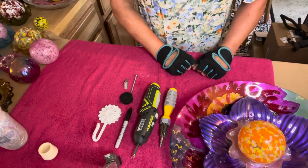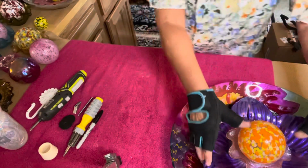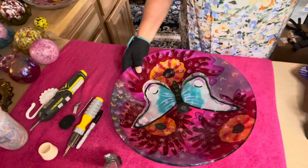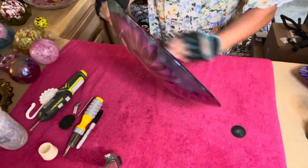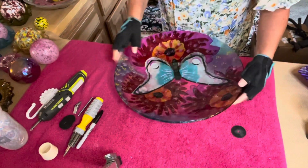Okay, so I'm going to go ahead and get started. Move everything out of my way here. And take these pieces off. Okay, so I've got this beautiful, love this. This is going to be a supporting plate, but I do absolutely love the butterfly and all the colors on